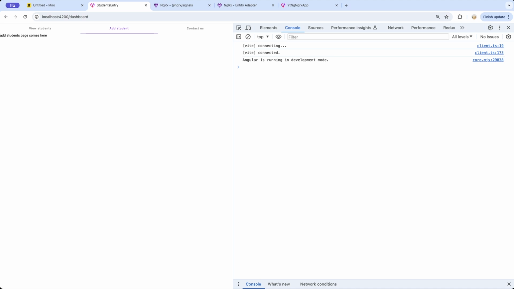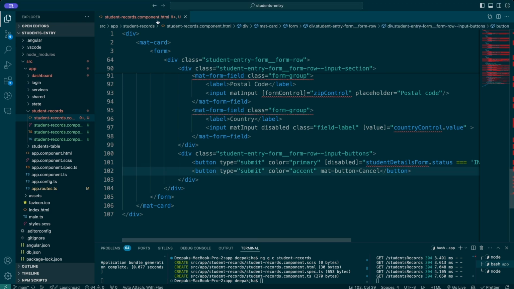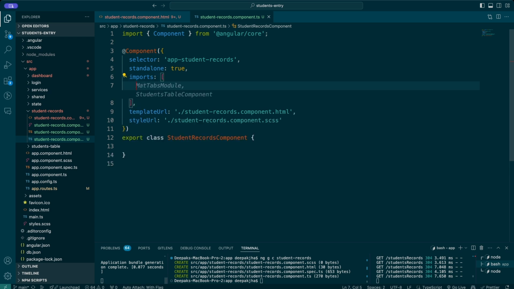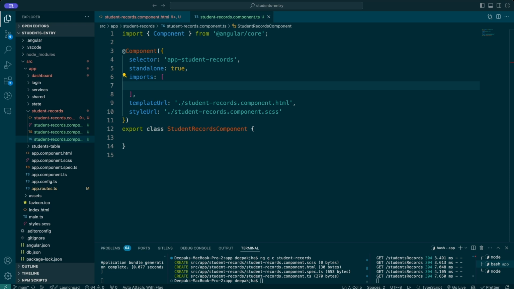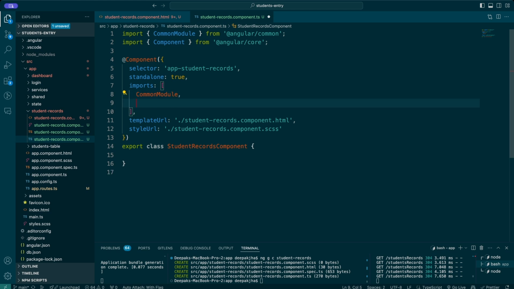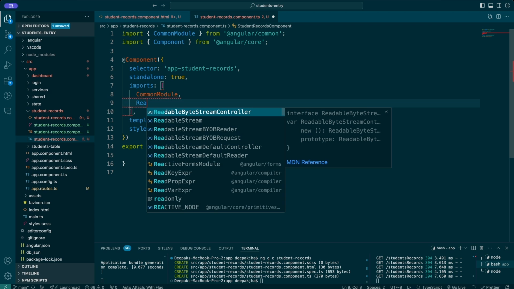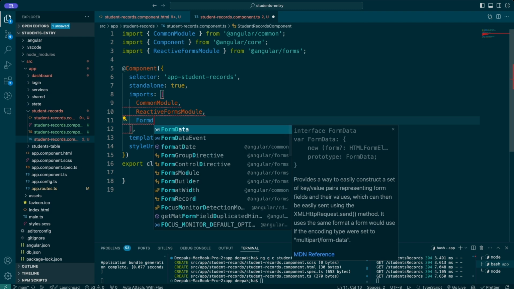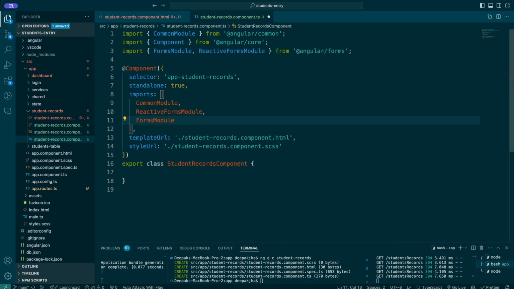So let me take you back to the code editor, and inside this code editor I'm going to be opening records, and inside here I'm just going to be importing a lot of imports, right? So how do I do that? It's fairly simple. Okay, so firstly I need common module. The next I need is reactive forms module. I also need forms module, and then I need